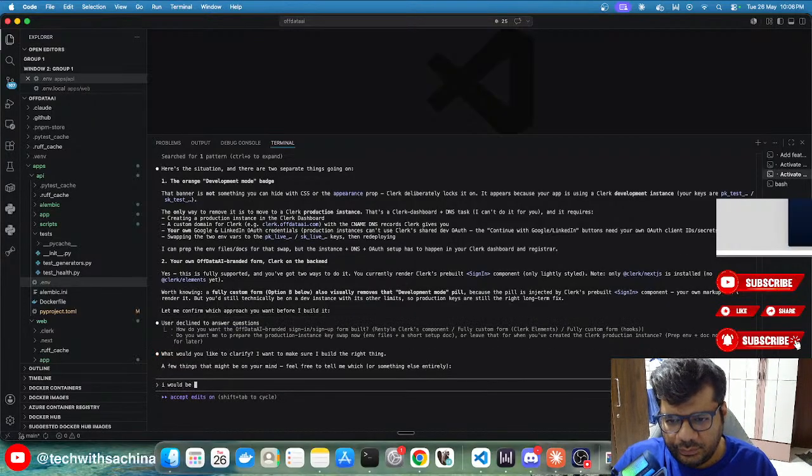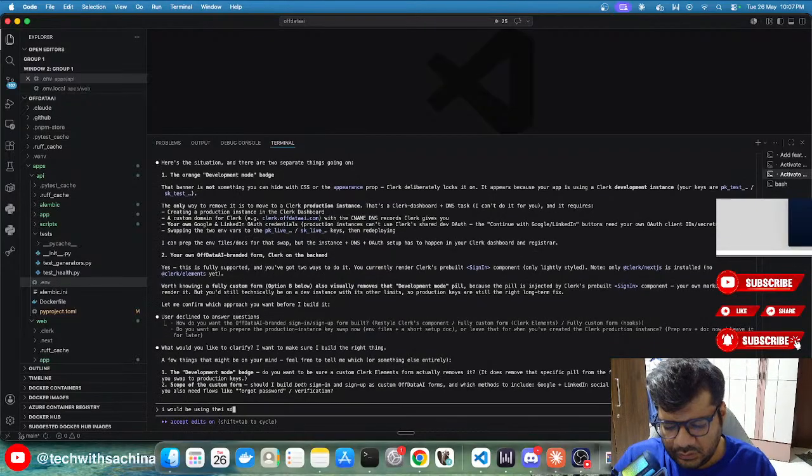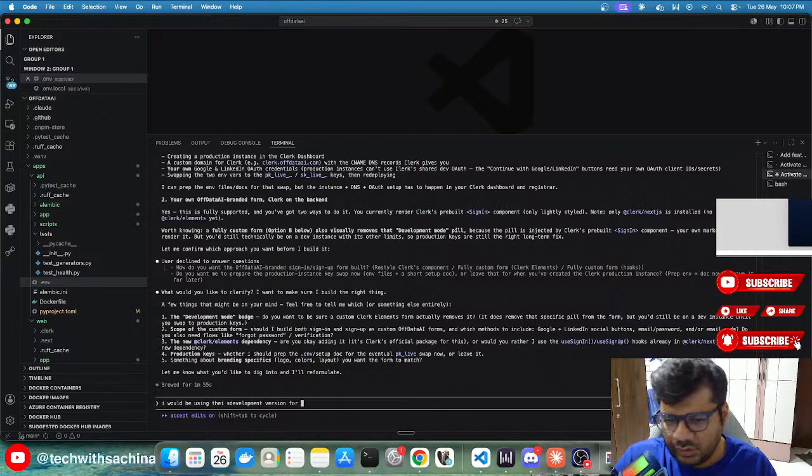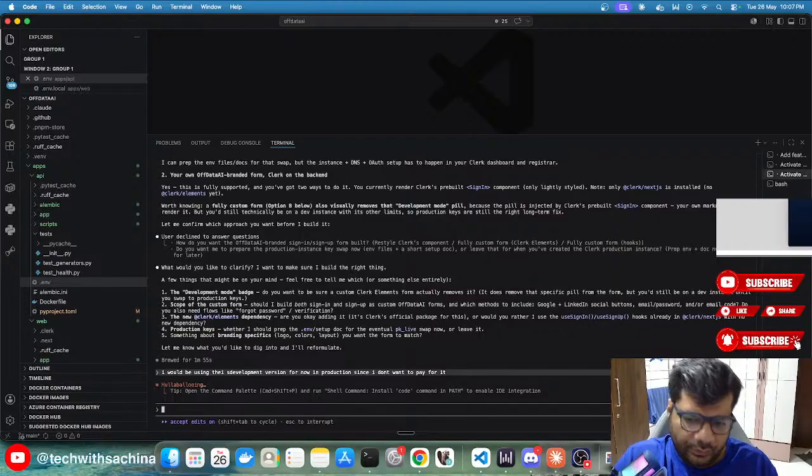I would be using this development version for now in production, since I don't want to pay for it. Just for authentication, I don't think I would be going ahead and paying directly.